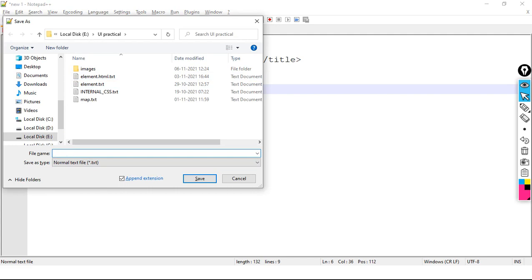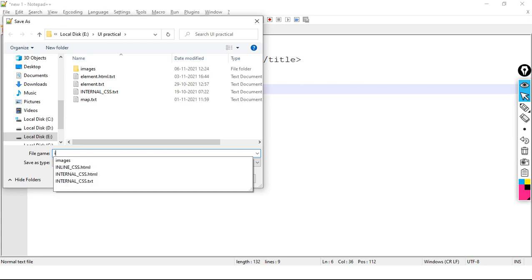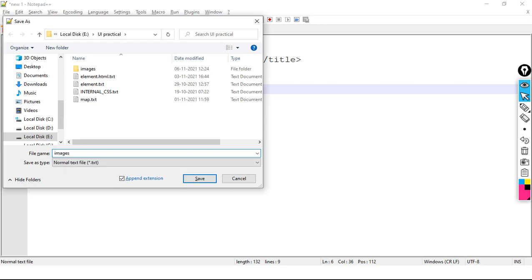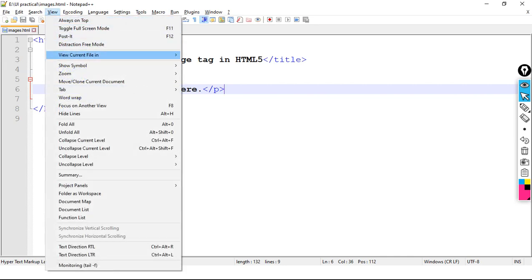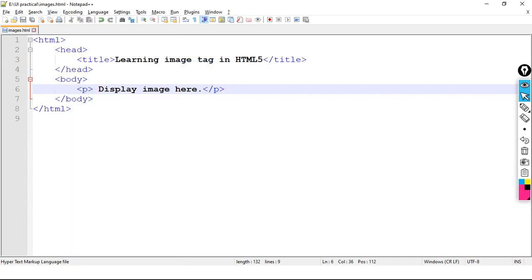I have not completed the code yet. Okay, just check the output once for our better understanding purpose. So here, images.html, okay, and view current file, and then execute.